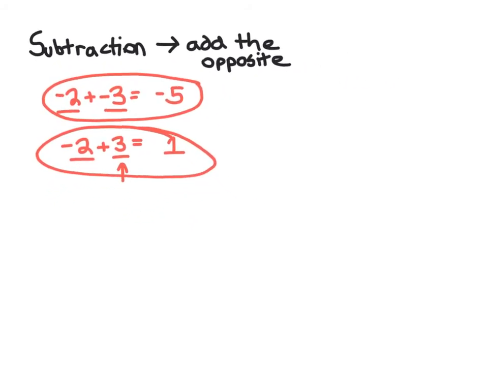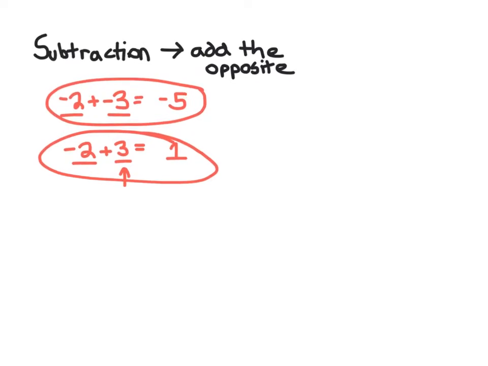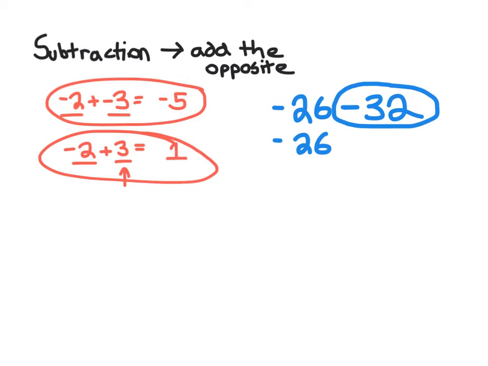So now that we've had our review with how to add integers, we're going to practice some problems with subtraction, or a minus sign. So let's try a few. I've got negative 26 minus 32. Now in this case, because I'm subtracting, I need to remember that subtraction is adding the opposite. So I'm just going to rewrite this problem as addition. So negative 26, I always keep my first number. Subtraction is the same as adding the opposite. So because I'm subtracting a positive 32, subtraction means to add the opposite,